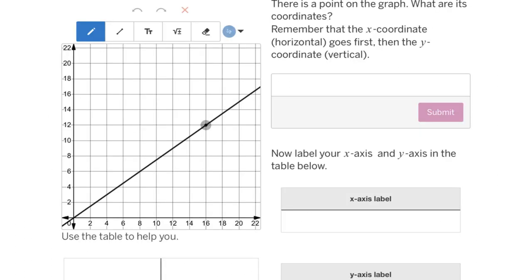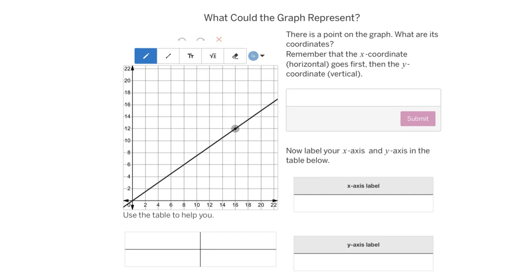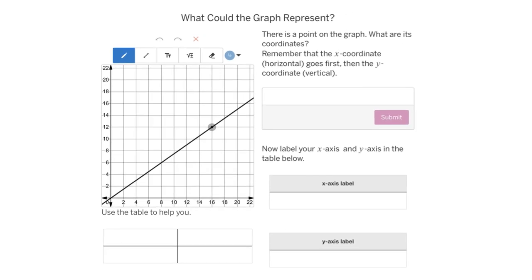The first slide, other than the target slide, that we should take a look at is what could a graph represent? So what does a graph mean? What is it showing us? First of all, there's a point on the graph. Here we go, we have that highlighted right there. The point could